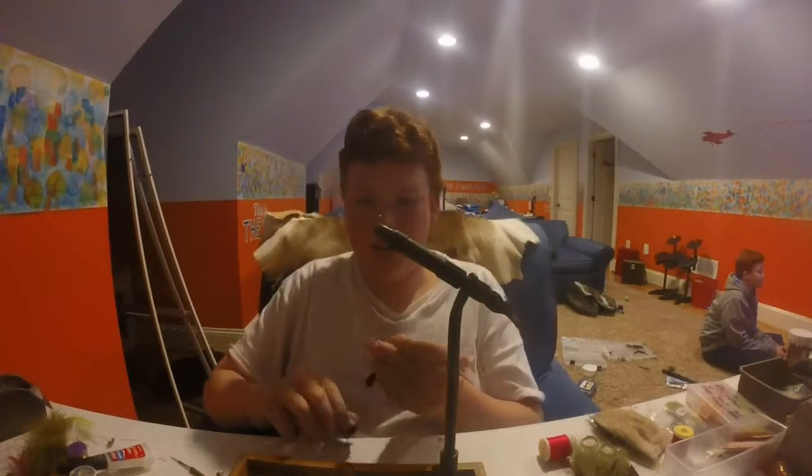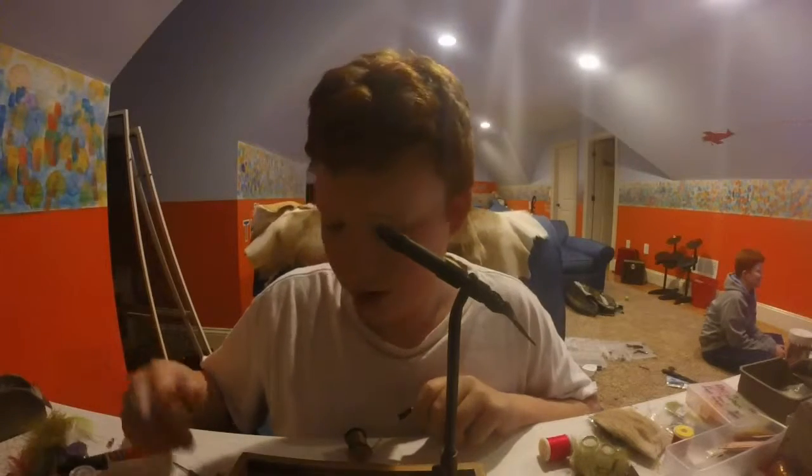Okay, so today I'm going to show you how to tie a woolly bugger. I'm going to use olive thread. I like to use a hook size of 6 to 8. And, of course, you'll need your scissors, saddle hackle, or this is grizzly,